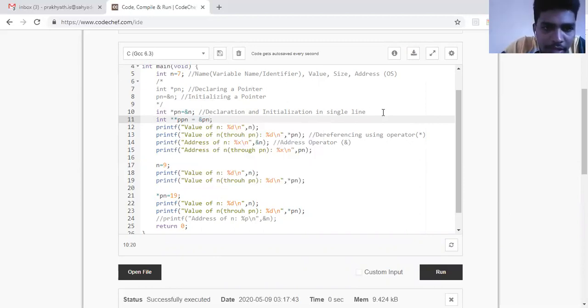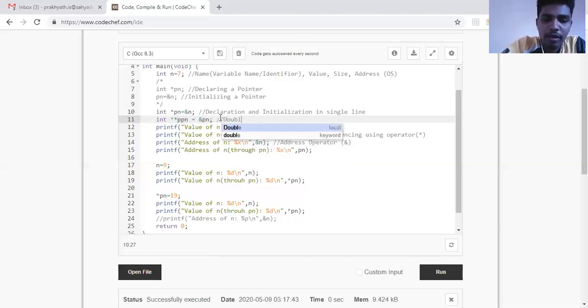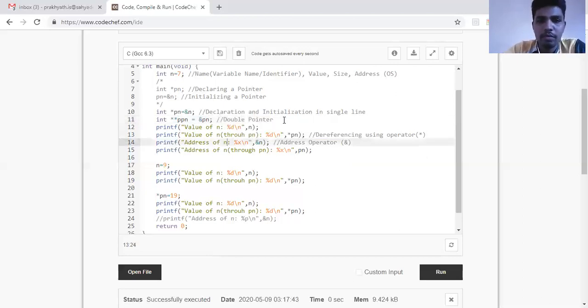So you can see here, pn is holding the address of n, and ppn is holding the address of pn. That means ppn is a double pointer which holds the address of another pointer pn. So ppn is a double pointer.